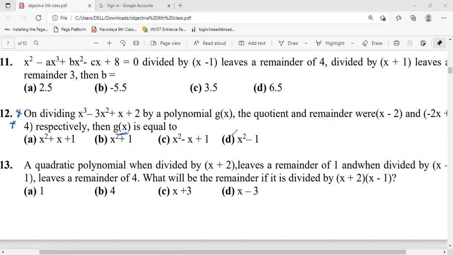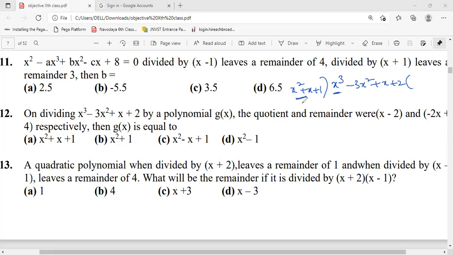Instead of doing the total procedure, I am giving one clue: directly start dividing with x square plus x plus 1. If you get the quotient x minus 2 for this, then this is our option, or else you do the division again. Just in 1 or 2 steps you will get it. I will show that example once. Dividing with this polynomial.